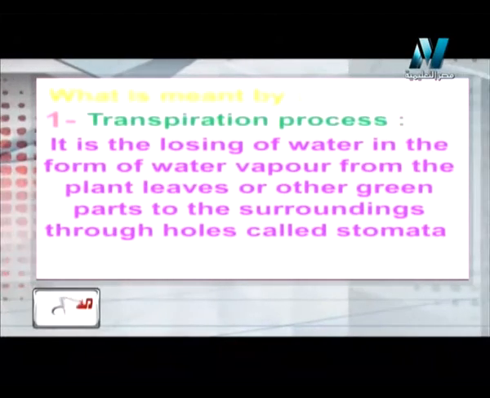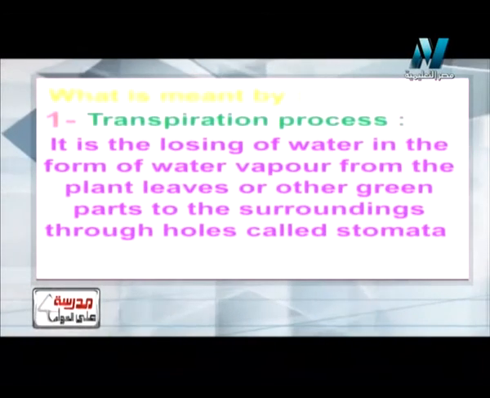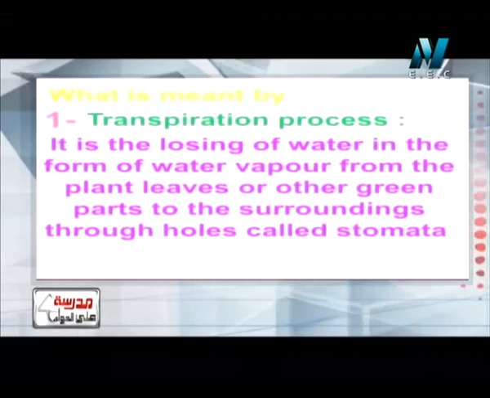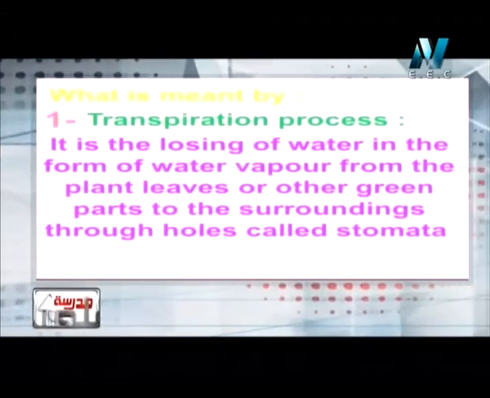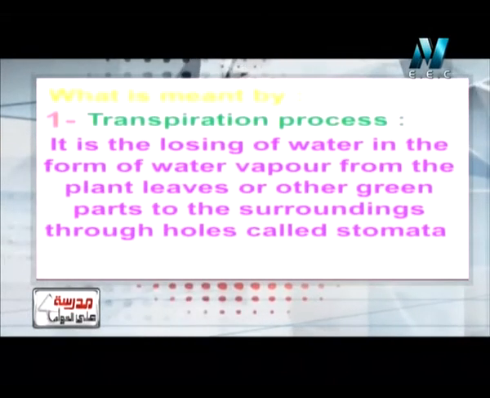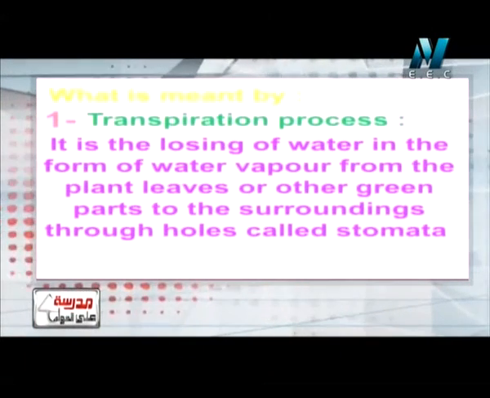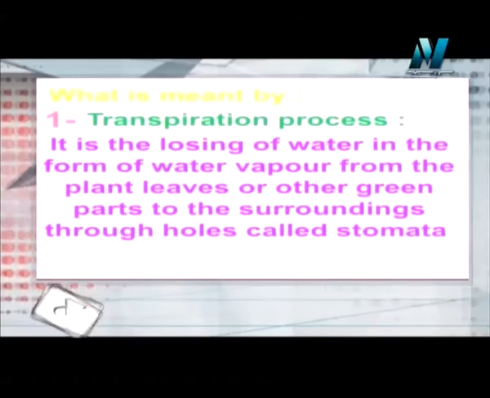So the definition, easily or simply, is the loss of water in the form of water vapor from the plant leaves, or from the green leaves, through holes called stomata. Again, the transpiration process is the loss of water in the form of water vapor from the plant leaves or other green parts to the surrounding